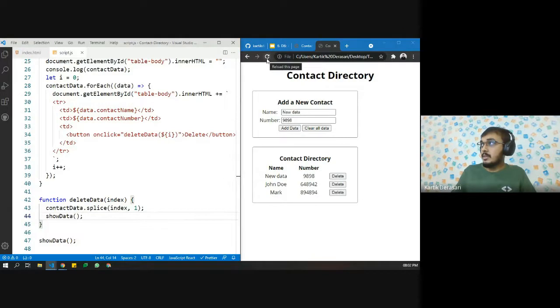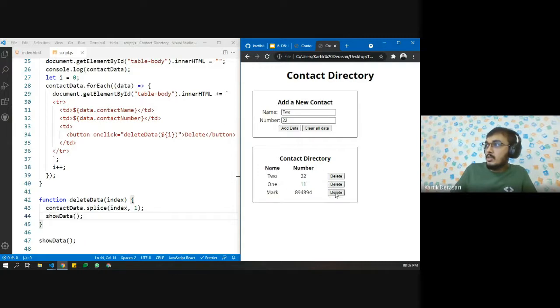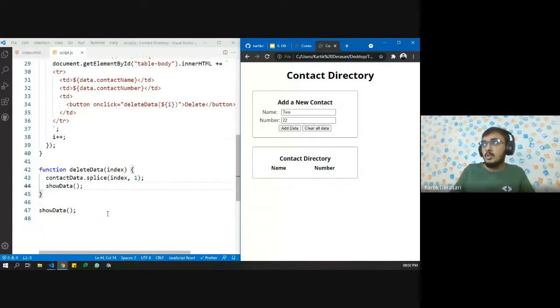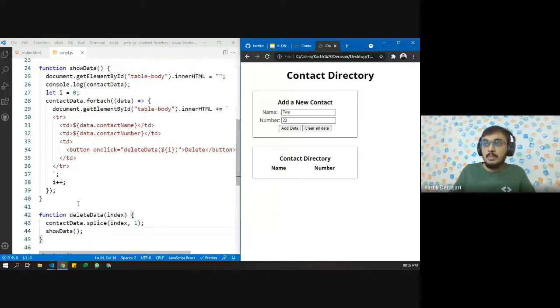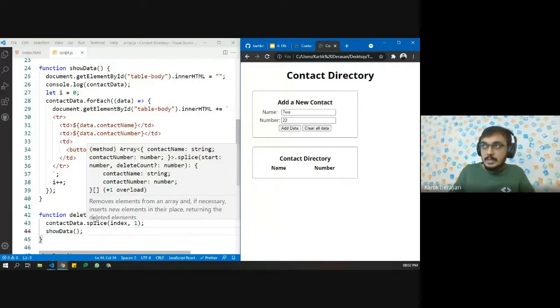Let us refresh this and let us add some values. Let's say one, add. Let's say two, and add. Now see, John Doe is being removed. One is being removed. Two is being removed, and Mark is being removed. So this is how we perform the delete functionality.